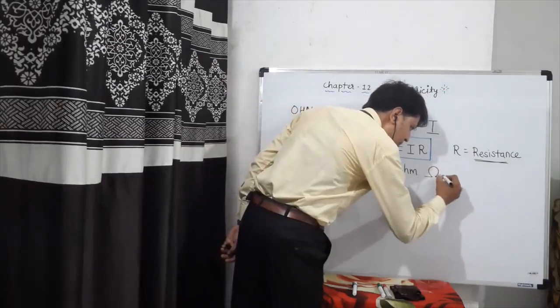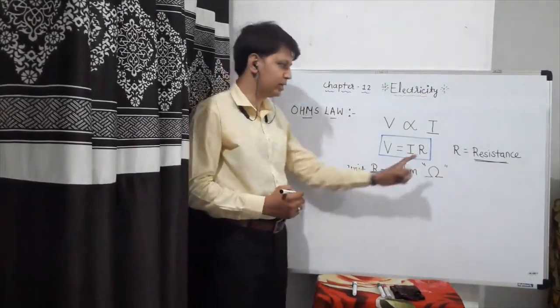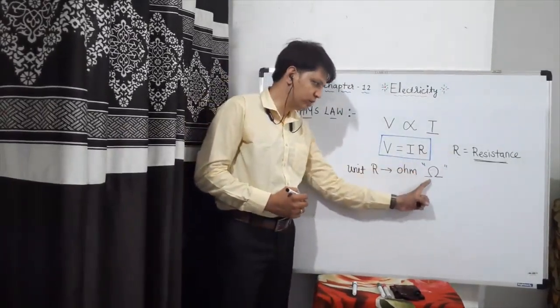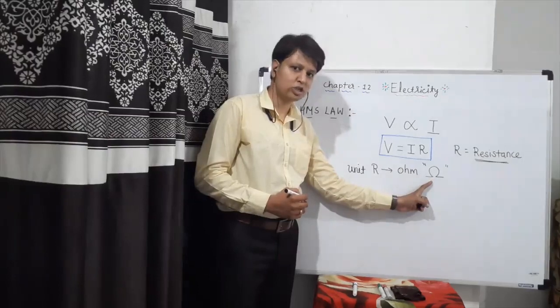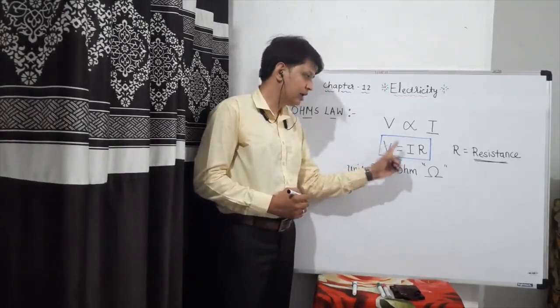This is the symbol of Ohm. So whenever you are measuring resistance, the unit is Ohm, V is the potential difference, and I is